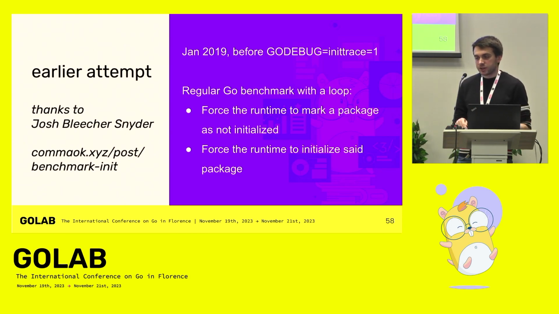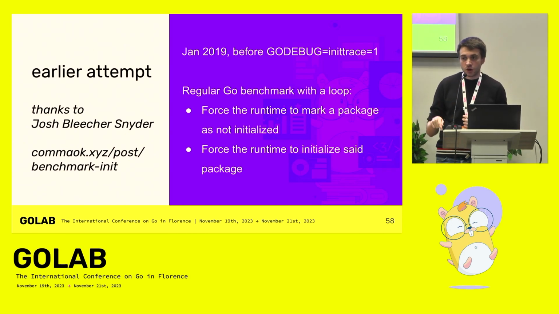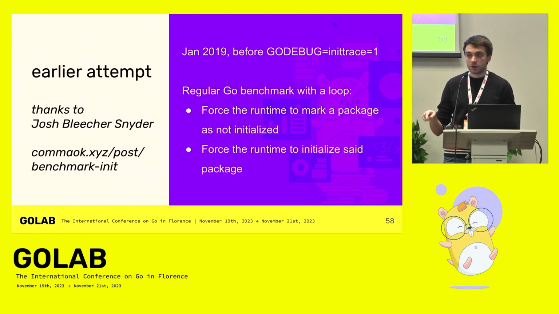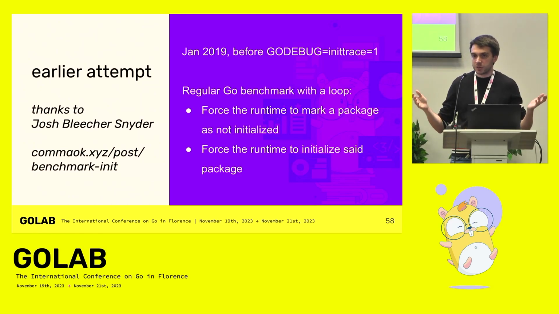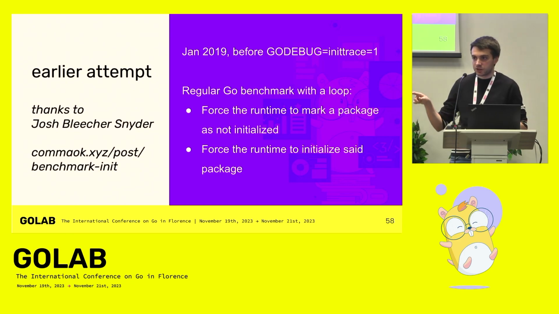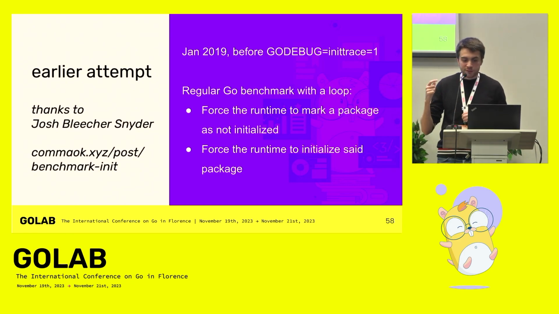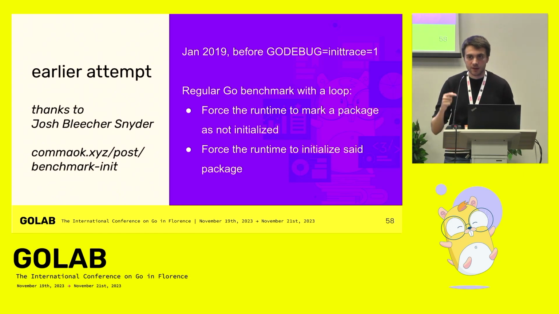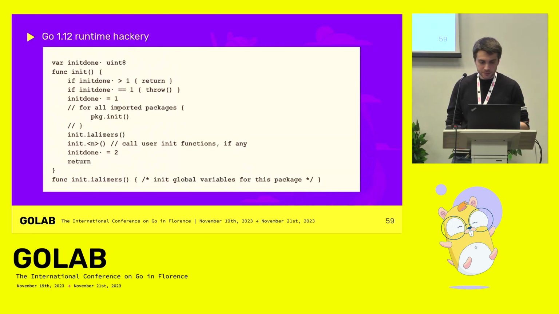It's before then. So he said, what if we write a Go benchmark that does this in a loop? It forces the runtime to mark one package as not initialized, because when your benchmark starts, you're already running the benchmark, all the packages are initialized by design, right? Because it's a Go binary. So we need to force the runtime to think that the package you want to benchmark is not initialized. And then you want to force the runtime to re-initialize it, because the runtime only tries to do this when the program starts, right? When the binary starts. And the reason this works is because as of Go 1.12, I think this has changed since then, especially with the Go 1.21 changes. As of Go 1.12, Jesus, half a decade ago,